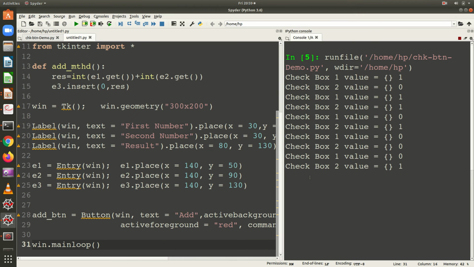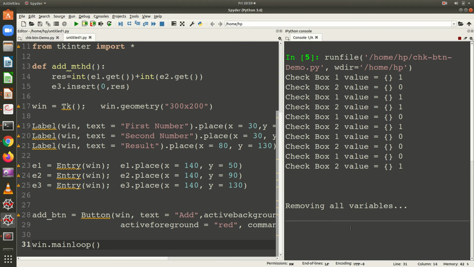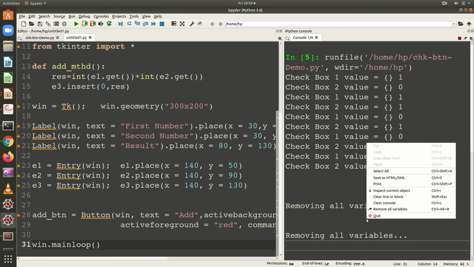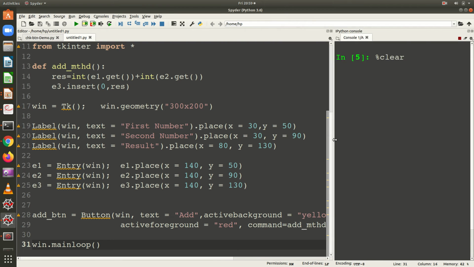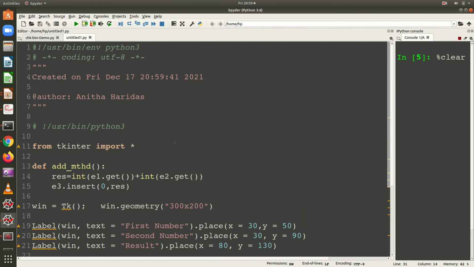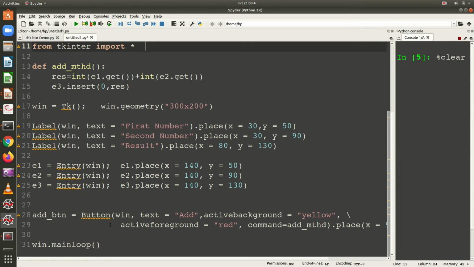I clear the console. This is your program. I am importing and I set the method. I have the 3 labels, 3 entries and button.